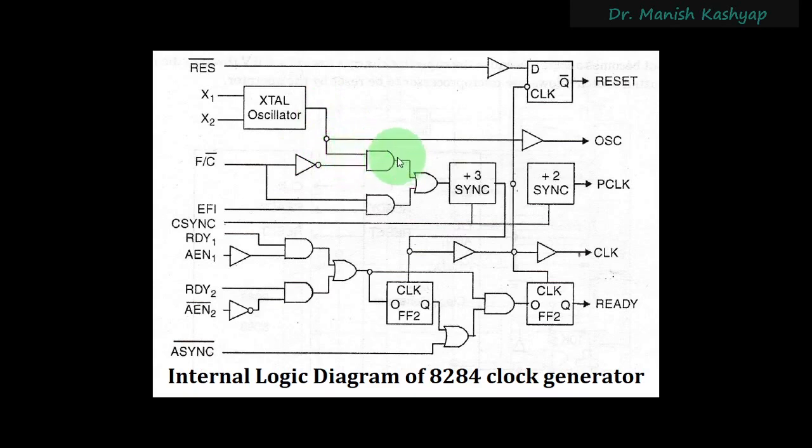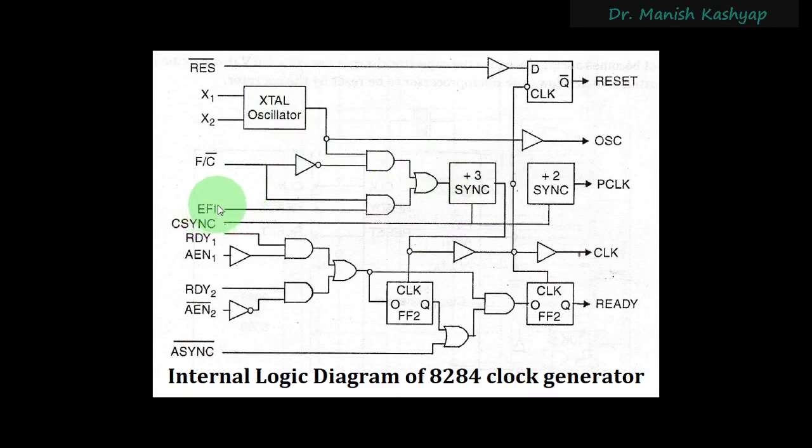So when F/C bar has a value of 1, this crystal oscillator will not be used. That means this other AND gate will be activated, and whatever is the external frequency input, it will be applied here, right? So here you will be getting the actual output of the selection which you have made between the crystal oscillator and the external frequency input. Out of these two, this output will be available here, and this will be used as the clock signal for driving various things, right? So this is the selection between crystal oscillator and the external frequency input.